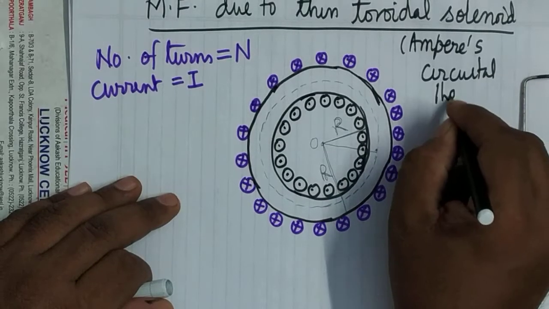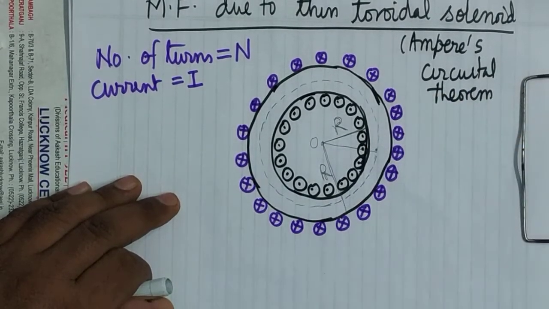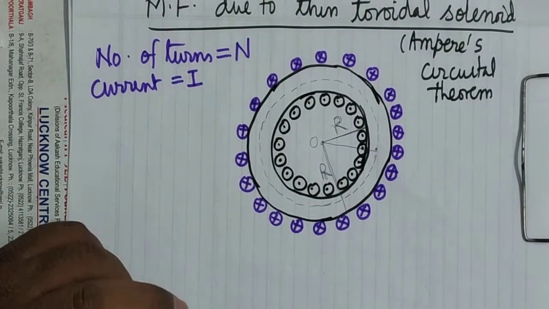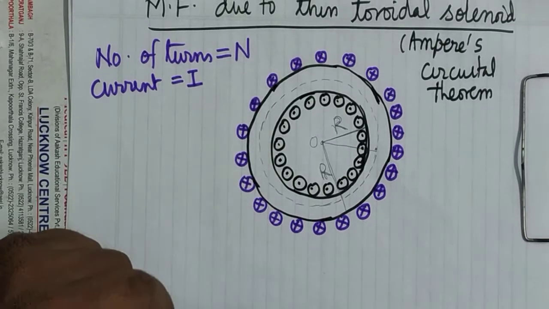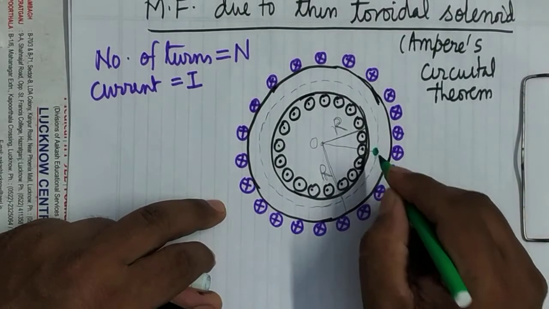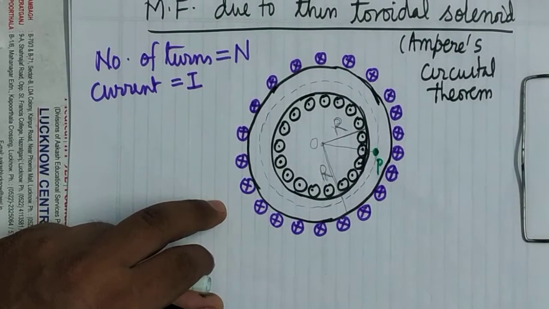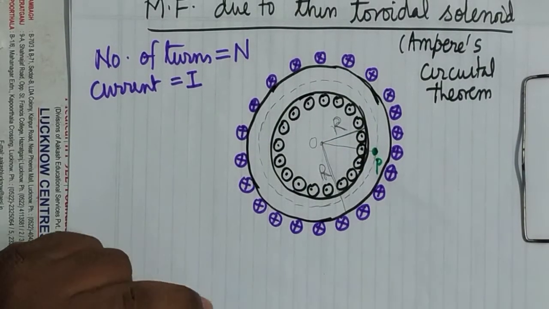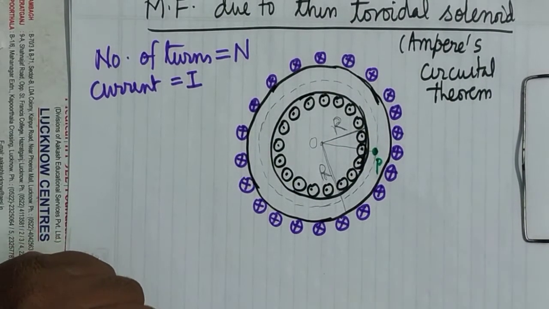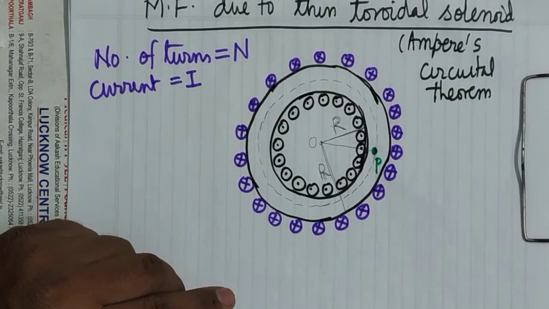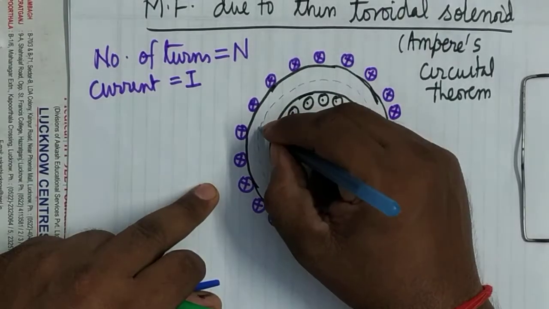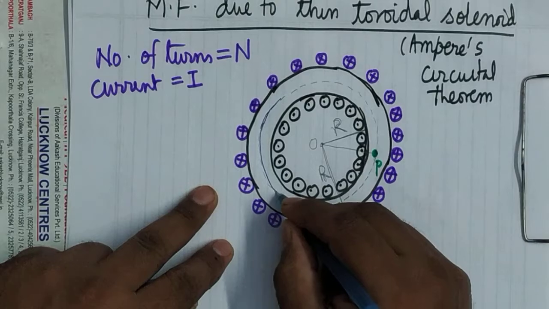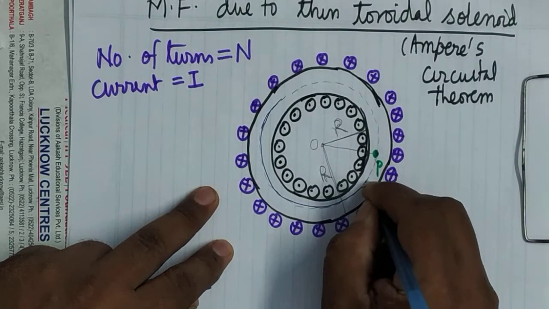It's clear. As you know, in order to determine the magnetic field at any inside point, we will assume an Amperian loop which should pass through that point at which the field is required. Suppose the field is required at this point P, so we will take an Amperian loop which is symmetrical also, and passes through the point P. If you see here, I have taken this as the Amperian loop. It is clear. Here the Amperian loop is coinciding with the magnetic field.